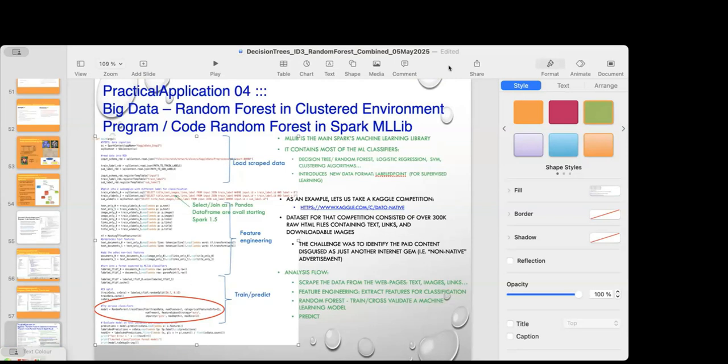Okay, so let's see right now. We will continue with our Google Collaboratory with the Jupyter Notebooks for using Python, Scikit-learn, and Keras libraries to build the decision tree and the random forest. Okay, so let's look at